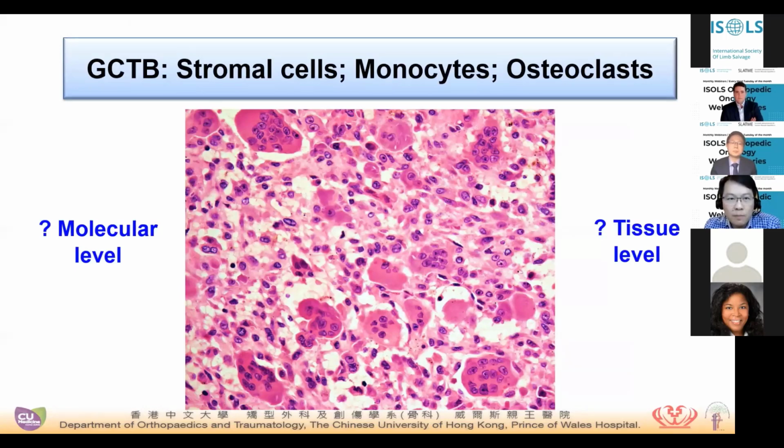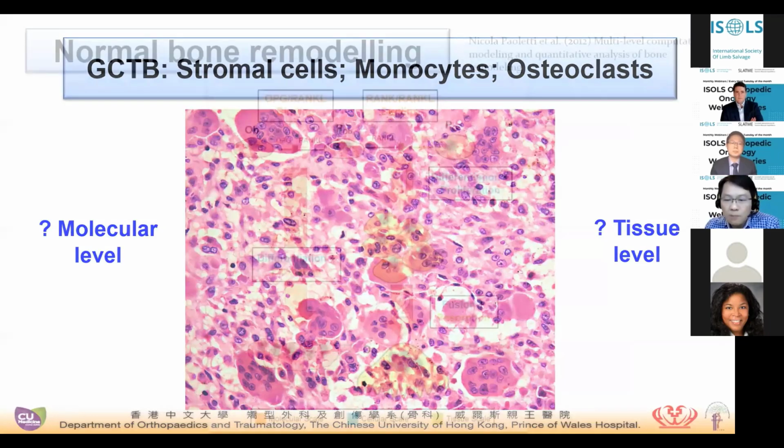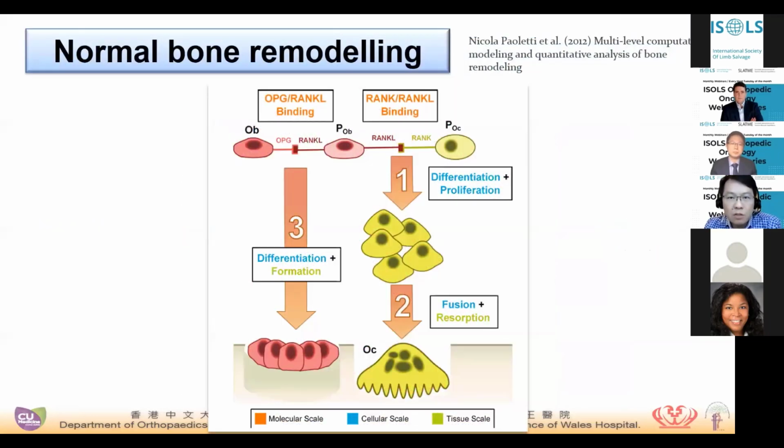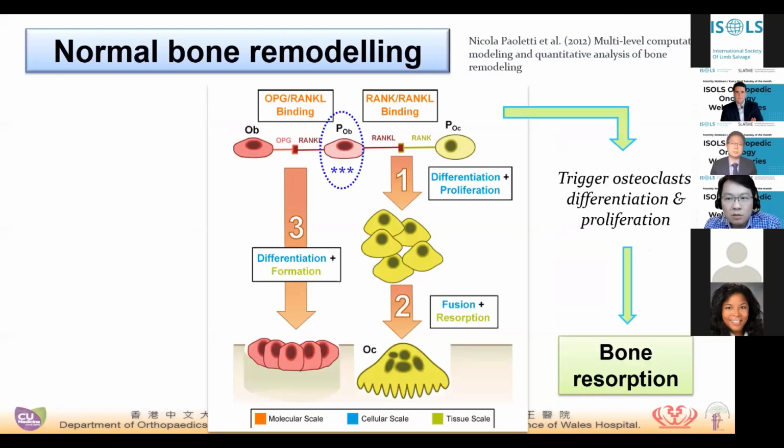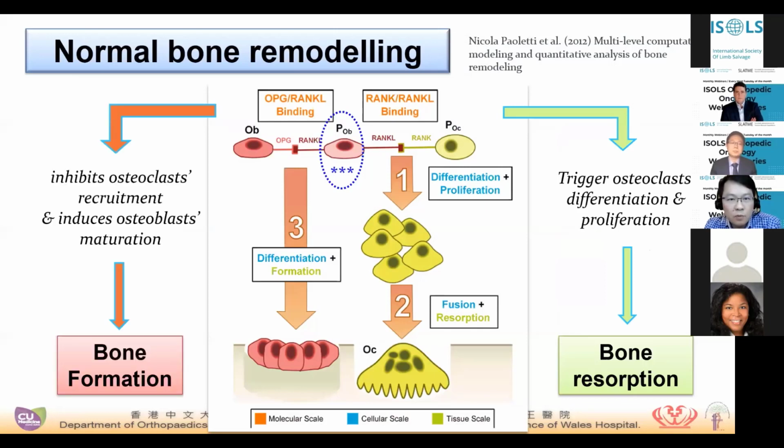Before we go to the pathophysiology, we should understand normal bone remodeling. The most important key cell is the pre-osteoblast. It triggers osteoclastic differentiation and increases bone resorption. This is heavily regulated to avoid excessive bone resorption by the mature osteoblasts, with OPG as a decoy receptor for RANK ligand that controls bone formation. The problem of giant cell tumor of bone is an excessive increase in this RANK ligand pathway.